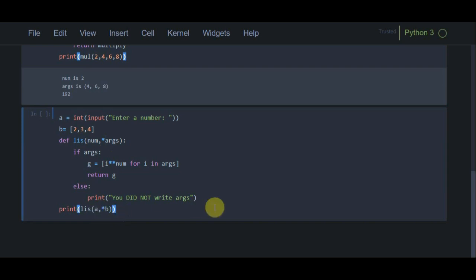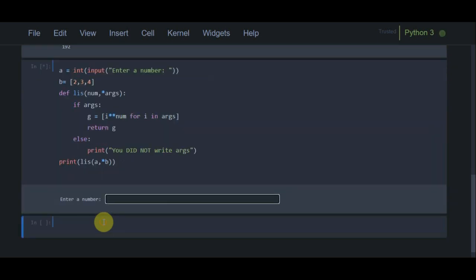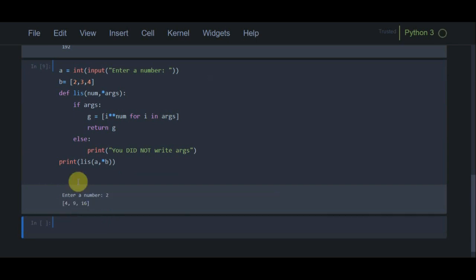So the syntax must be like this, because I am using a list as an argument for args, I must write an asterisk. As you can see, in this program it wants me to write a number. Suppose 2, you can see that all the elements of the list are powered by 2.